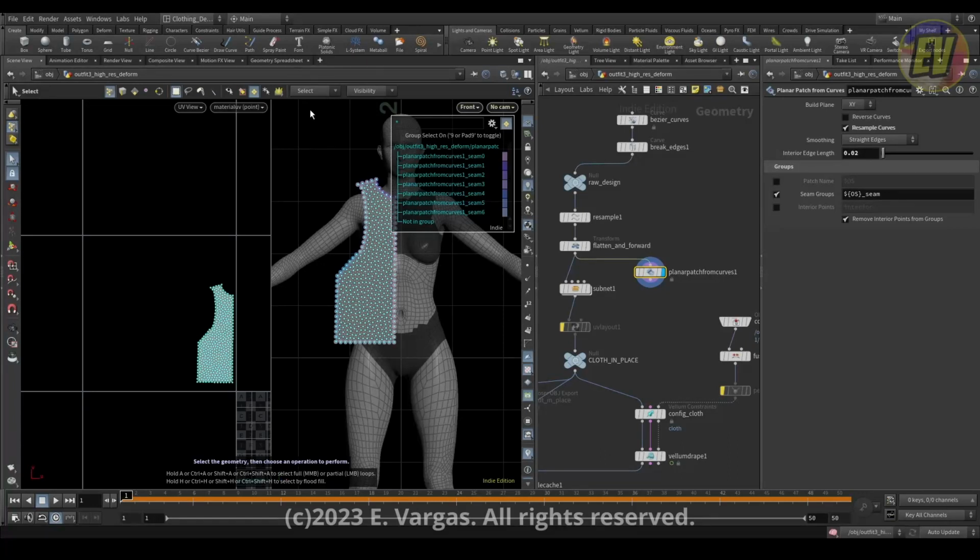So if I come here to the viewport and type S to select, I can use groups by points. You can see here that I now have one group for each sim, because each stroke that I did now has become a separate group that I can use later